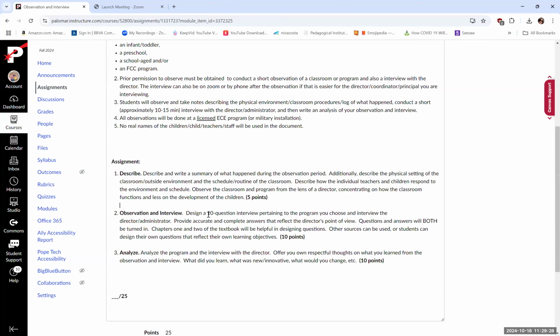Typically what I see happen is you get a little bit scared, nervous, and so having at least 10 questions ahead of time really helps you to keep the flow of the interview going and not wasting that director's time. You don't necessarily have to ask every one of those 10 questions, or if she brings up something really interesting, really cool, if you want to ask a question in the moment to follow up on that answer, that would be